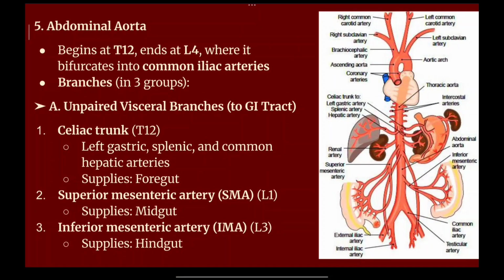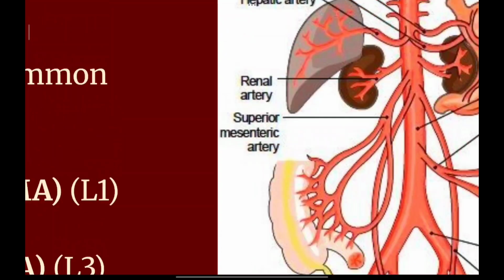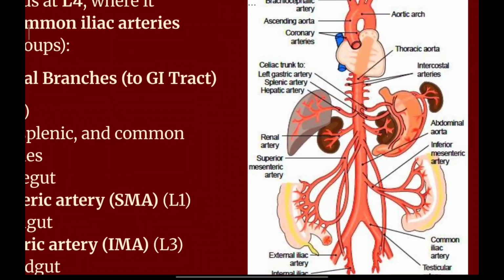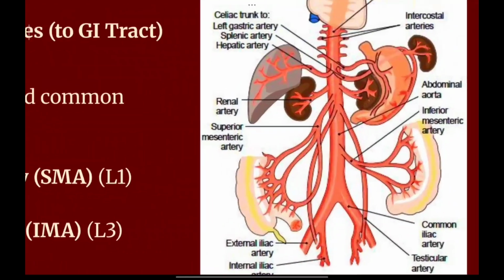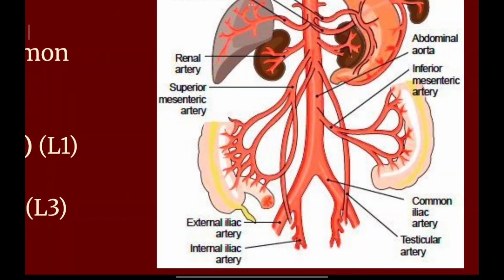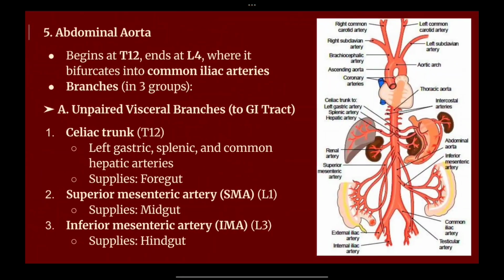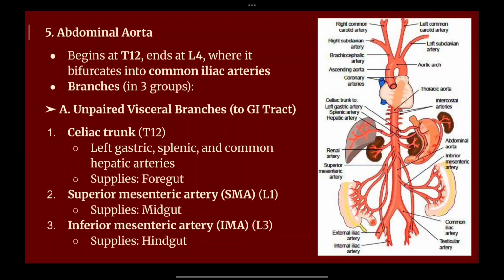Now moving on from the celiac trunk to the next artery, which is the superior mesenteric artery. This is supplying the midgut, that is, it is supplying blood to the large intestine and the small intestine, the mid region of the gut. Here you can see the supply of the superior mesenteric artery. It is an unpaired artery. There are no two similar arteries. It is just a single artery that is going to branch up. That covers the superior mesenteric artery. Then we have the inferior mesenteric artery, which is below the superior mesenteric artery, and this is supplying the hindgut, that is the ending part of the intestines, mostly the large intestine and the descending colon.